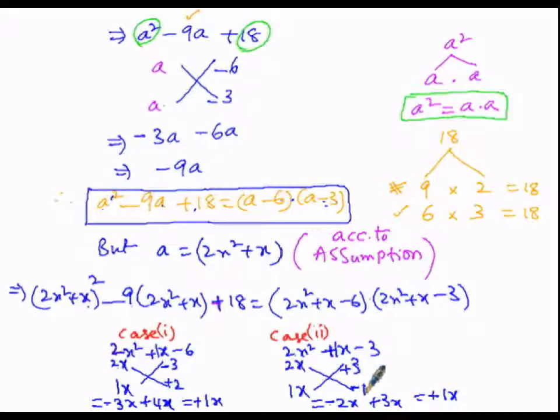Now we are writing the factors. So 2x minus 3 will be the first factor, and 1x, that is x plus 2, will be the next factor for 2x square plus 1x minus 6. And similarly, to write the factors of 2x square plus 1x minus 3, the first factor will be 2x plus 3 in the horizontal manner. The second factor will be 1x, that is x minus 1, the other factor.